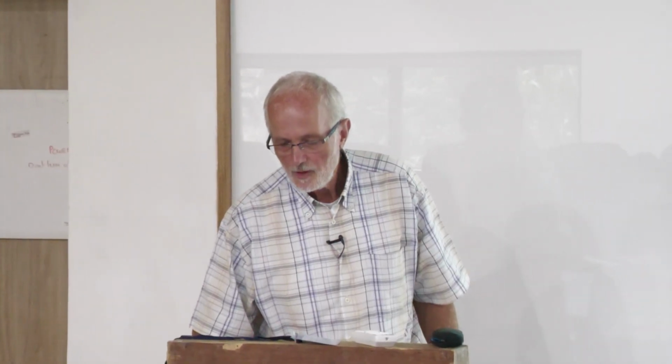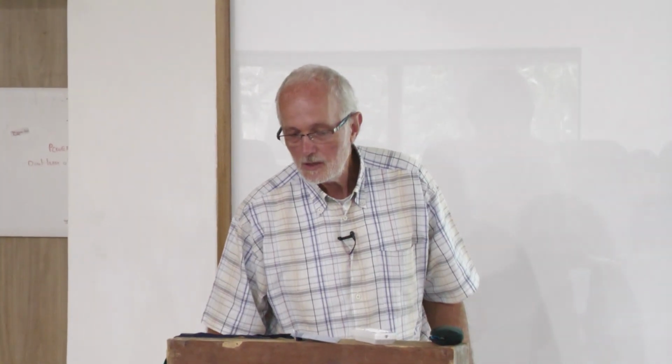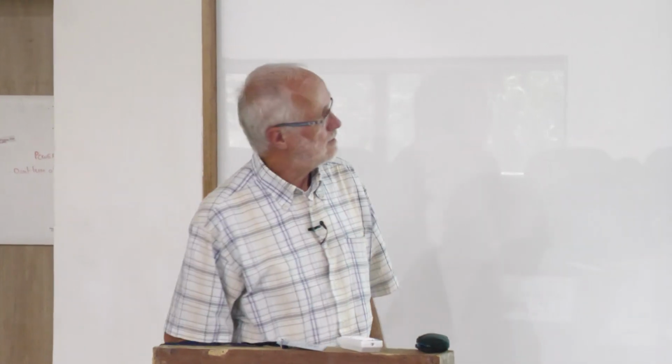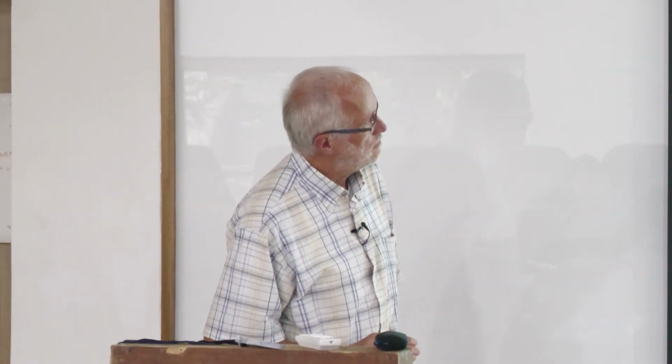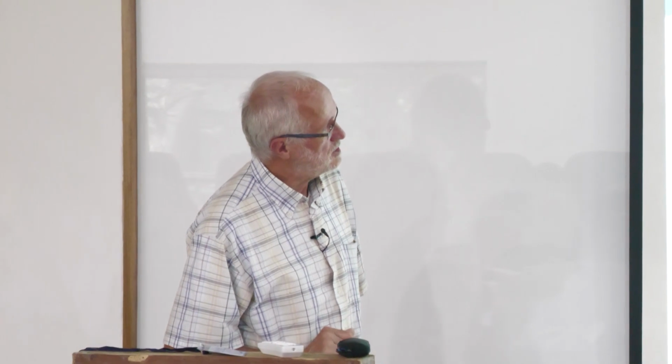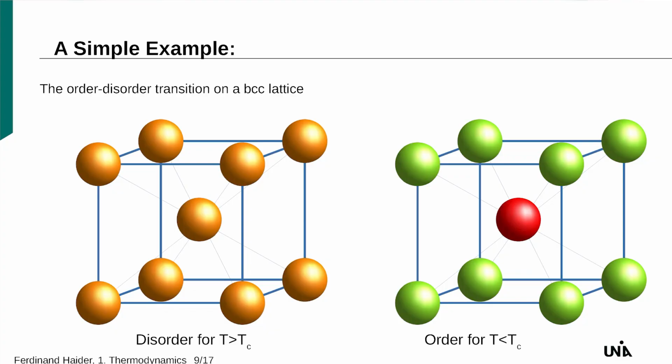It's a good point. I prepared some slides about a kind of application, but perhaps you know it. Here, this very simple model for ordering in a crystal. You have a BCC lattice with two species. And this is a real case, for example, in alpha brass. Below a certain temperature, the copper atoms go to one lattice site, for example, the cube center, and the zinc atoms go to the corner sites. At a temperature of about 400 something,